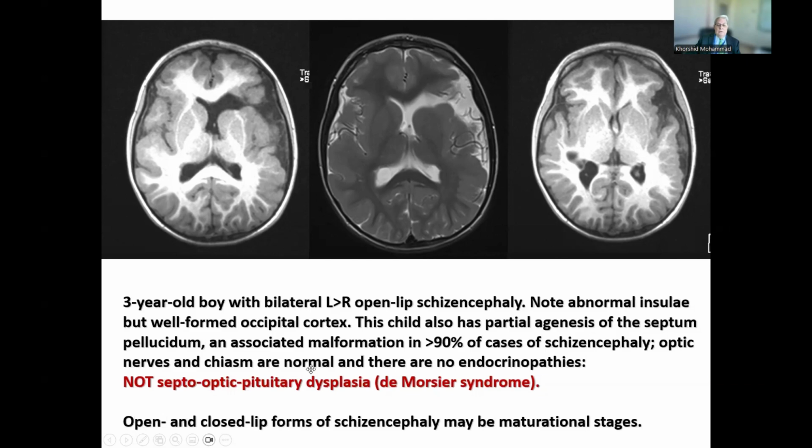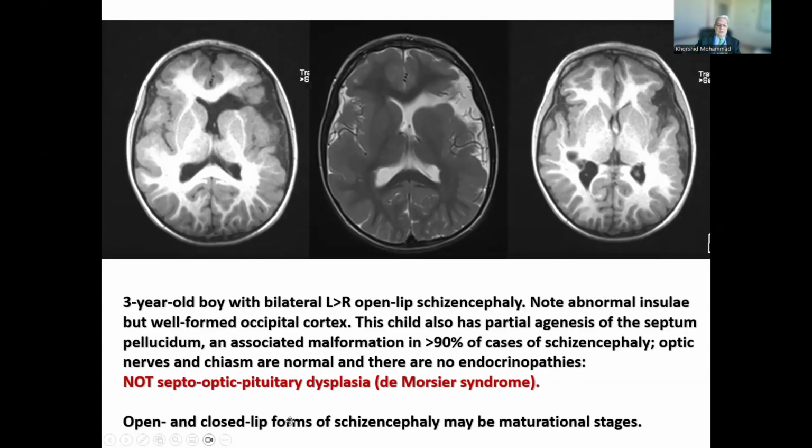Well, no, they were normal in this case, and there were no endocrinopathies. So we could not make a diagnosis of septo-optic pituitary dysplasia in this case because the optic nerves and the endocrine function of the anterior pituitary were normal, but he does have open